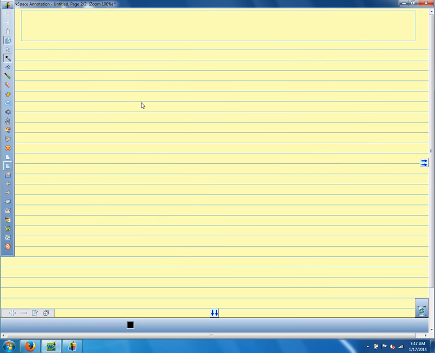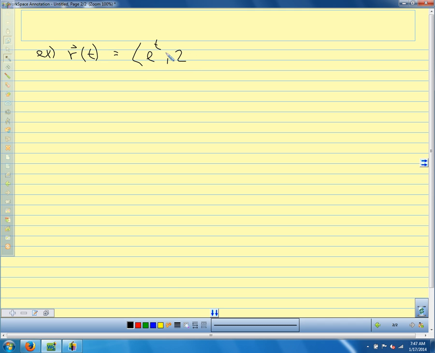So this one, we did a problem kind of like this yesterday. So let's say that we have r of t, and this is given by e to the minus t, 2 cosine t, and 2 sine t. So there's our vector. We want to find T, our unit tangent vector,